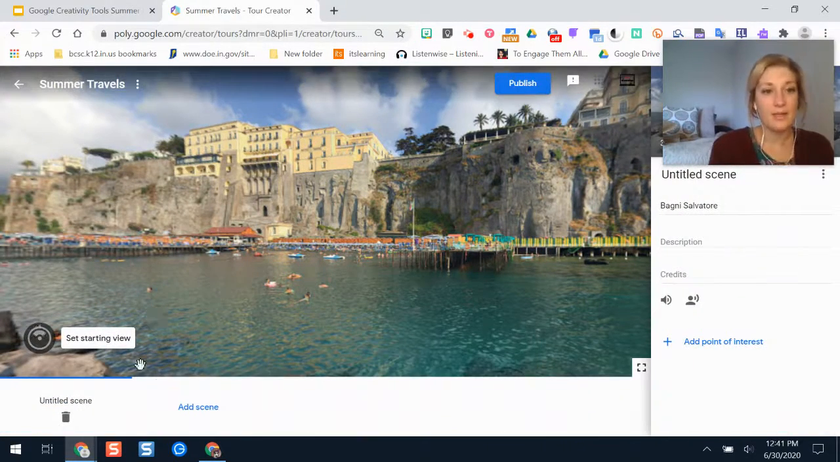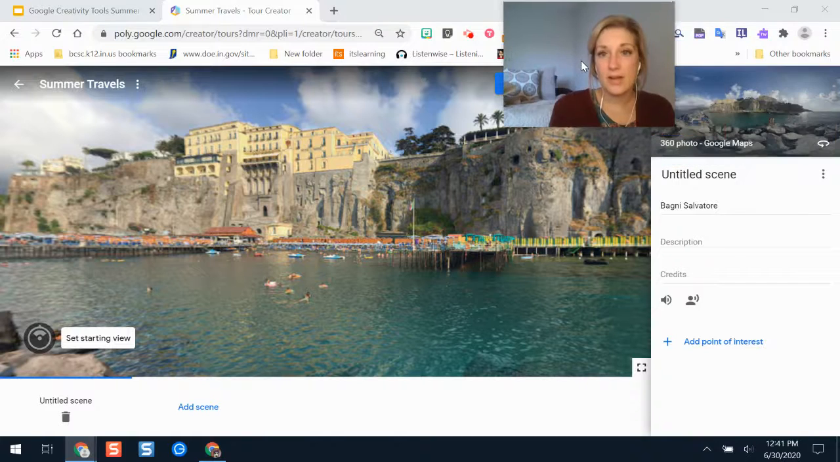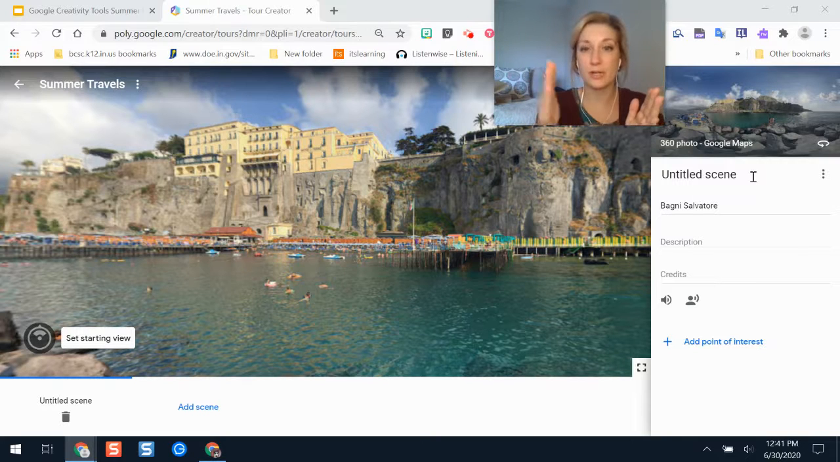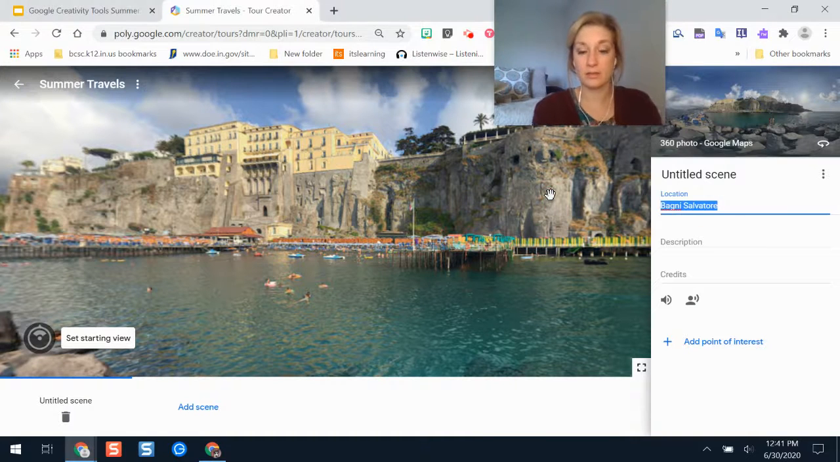All right. So what I'll need to do now is to give this scene a name. And that's the way a Google Virtual Tour and Tour Creator works, is there's different panoramic picture scenes. And you can have lots of them. And across the bottom is where you can add different scenes and different pictures. So it can be all different locations around the world. So for this one,